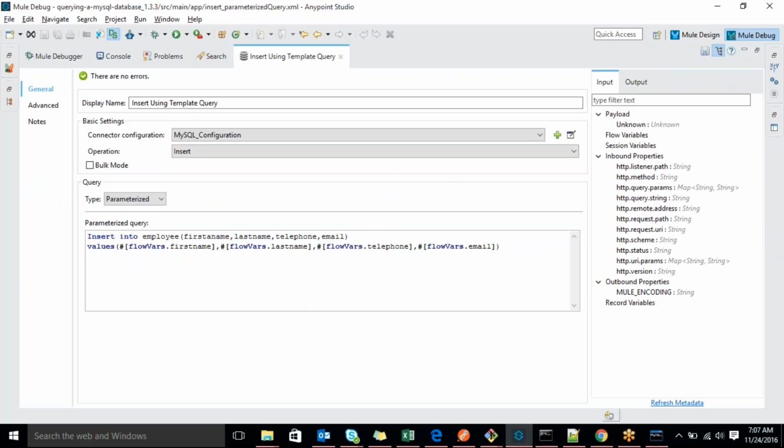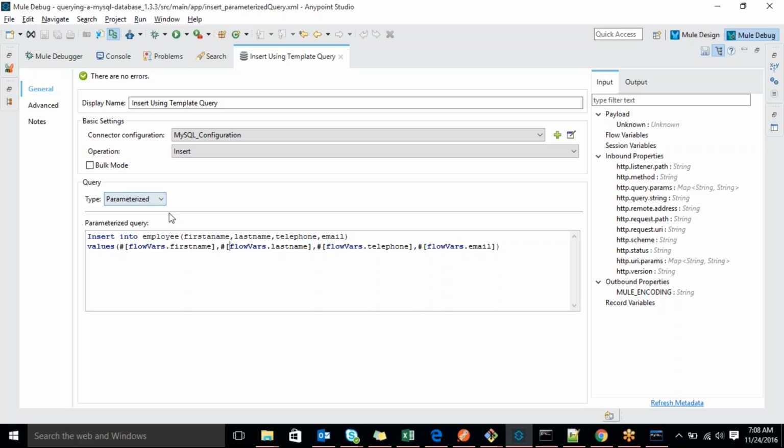Performance will be better than the normal dynamic type. Second, it is security related also. Here we are setting each and every parameter separately, right? So security-wise it is also a bit better than that.